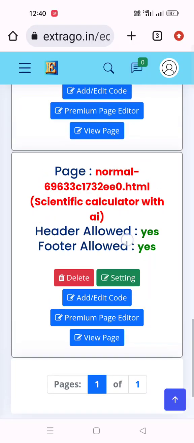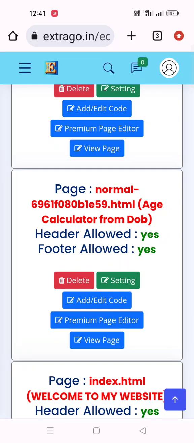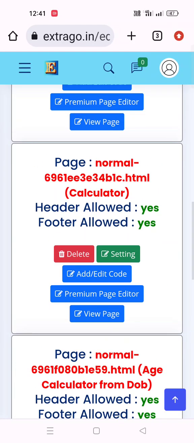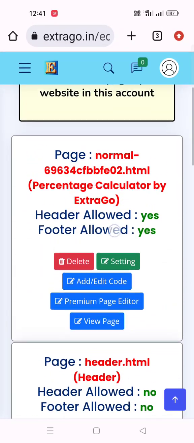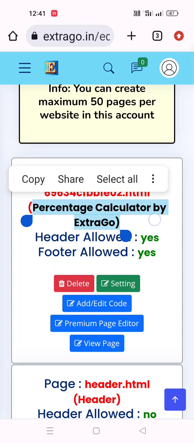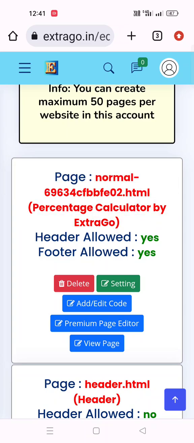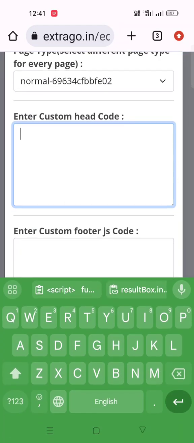Go to the last. Scientific calculator, no, this is not the page. Age calculator, sorry, the age calculator was already created yesterday. Percentage calculator, this one, percentage calculator by Extrago. This is the newly created page. I will go to the setting option first, and in the custom head code I paste what I copied last time.